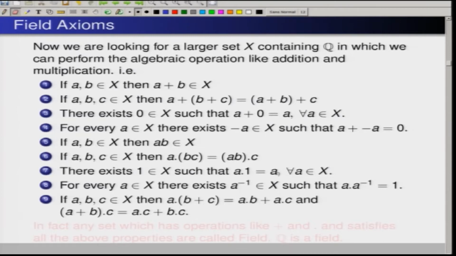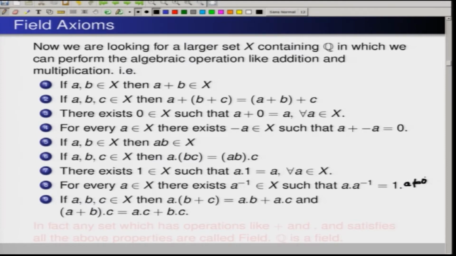for all a belonging to X. Now, for every a there will exist some number. If I multiply a with that number, it must give me 1, that I denote by a inverse, such that a into a inverse is equal to 1. This is true, and for this a, there is a word of caution. What I would like to say is that this a is not equal to the 0 element,